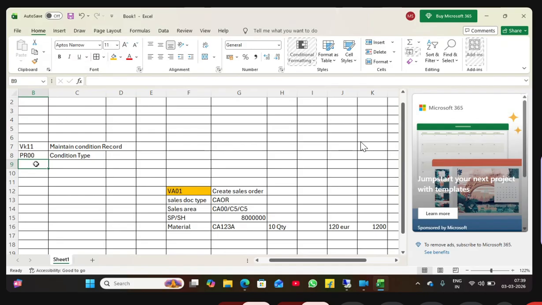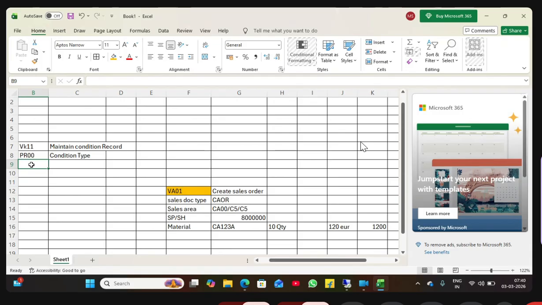If you ask about discount, tax, freight or other kinds of discounts, we have separate condition types. Just as it is OR for sales and RE for return, condition types also have a few for each area. Pricing is PR00 standard. In real time they may go with custom ones. In my current project we are using ZPR. That's it, three digits, four digit space is available, but we are using ZPR.